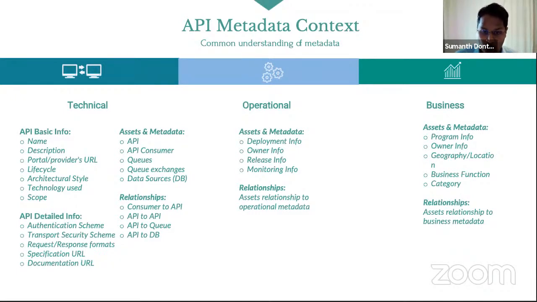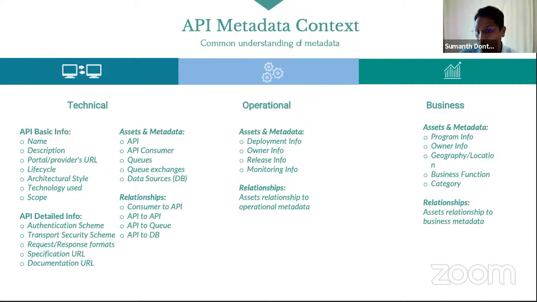If you go further down, we also want to understand the authentication scheme, the transport security scheme, what TLS transport schemes are used for that API. Request and response formats, is it XML, JSON, different formats of an API.